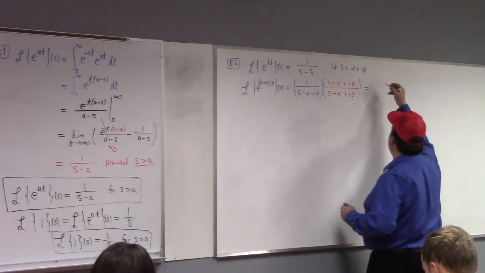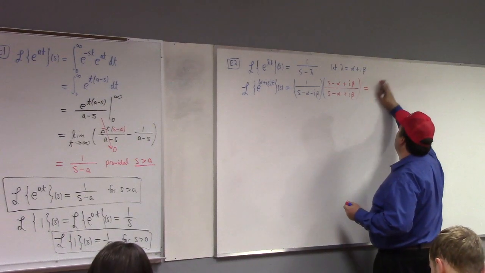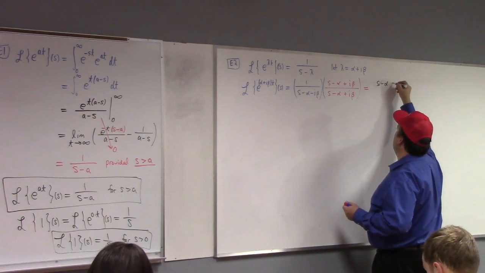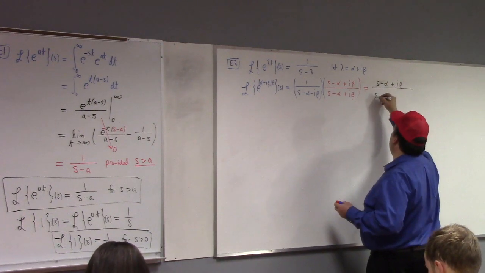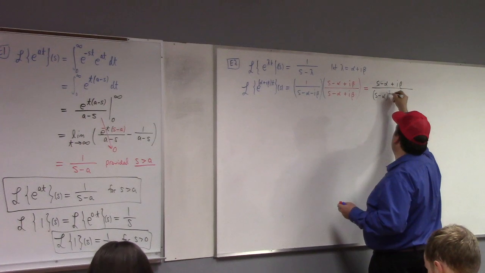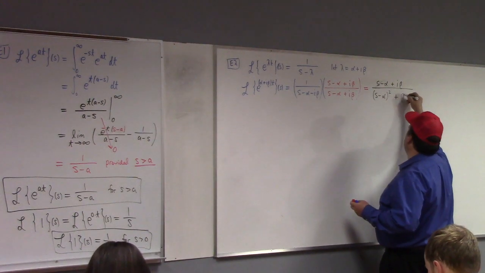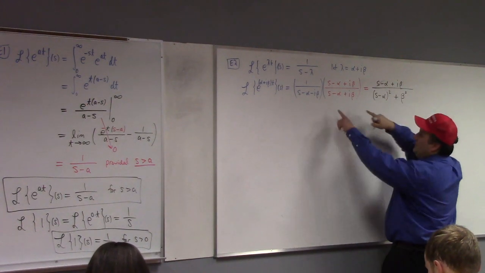Well, we get (s minus alpha plus i beta) divided by ((s minus alpha) squared plus beta squared). Don't doubt me. If you multiply this out,